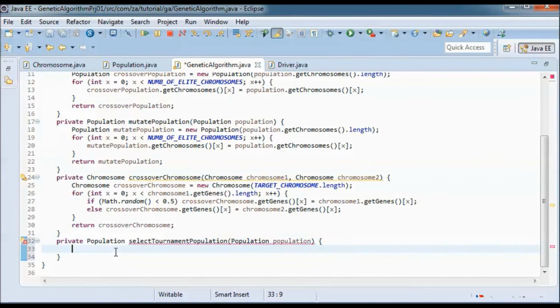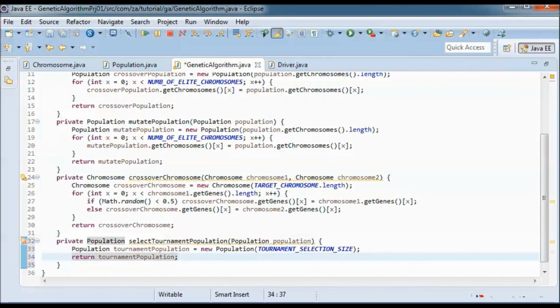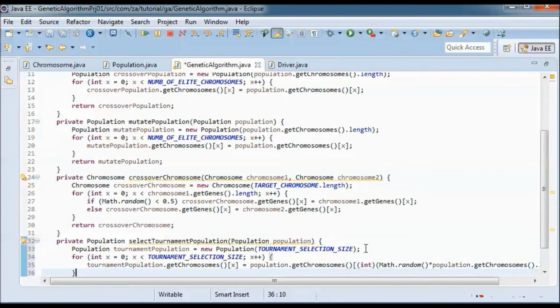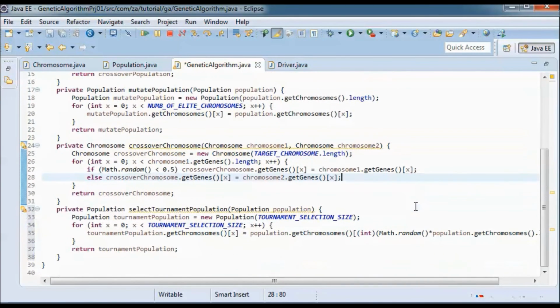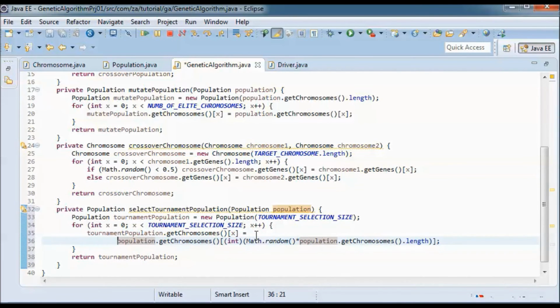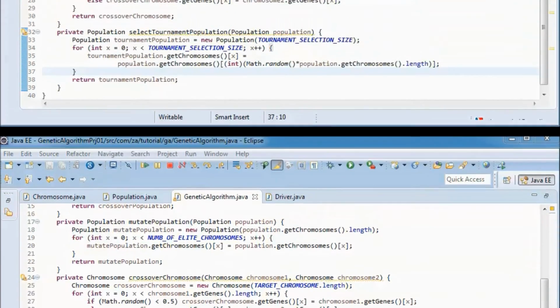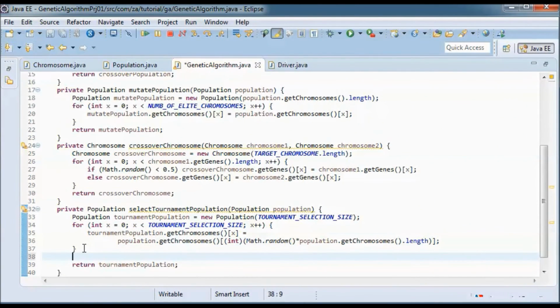So let's define here this tournament population and return it. And this code will pick up a number of chromosomes randomly. And let me sort the tournament population before returning it. So sort chromosomes by fitness.